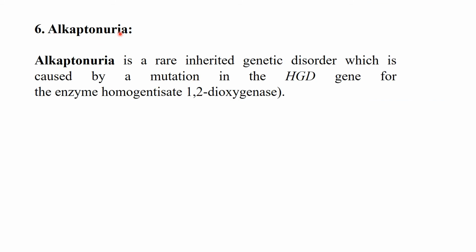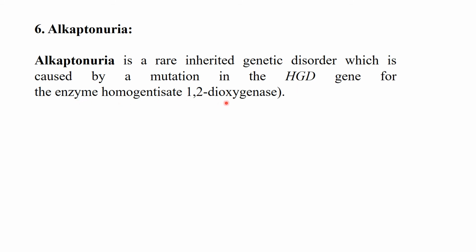Alkaptonuria. Phenylketonuria, albinism and alkaptonuria: these three types of autosomal recessive disorders are due to enzyme disturbance, and they affect the same pathway. Alkaptonuria is a rare inherited genetic disorder which is caused by a mutation in the HGD gene for the enzyme